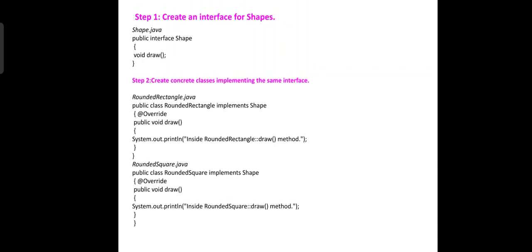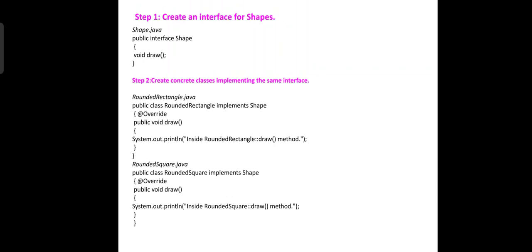The interface will be created by public interface Shape, and then in that we have to declare a draw method. After that, in the second step, we have to create concrete classes implementing the Shape interface, and those concrete classes are for rectangle, square, as well as circle. So, public class RoundedRectangle implements Shape. RoundedRectangle is a class for rectangle, and in that class we use the draw method, and simply we print a message by using